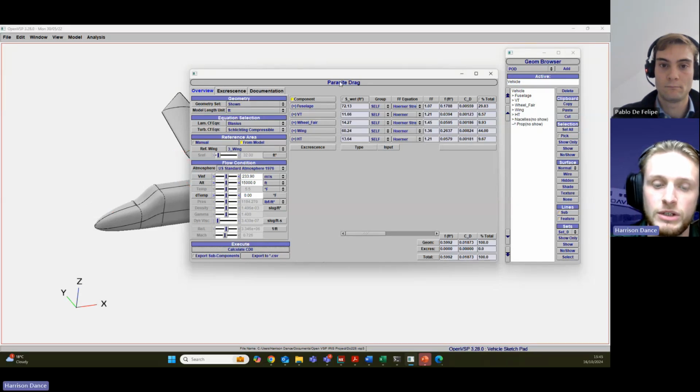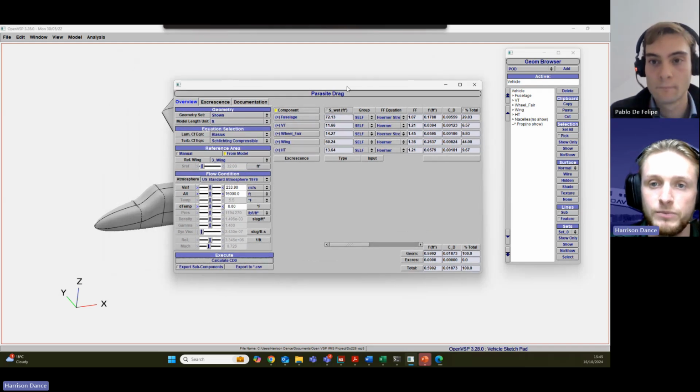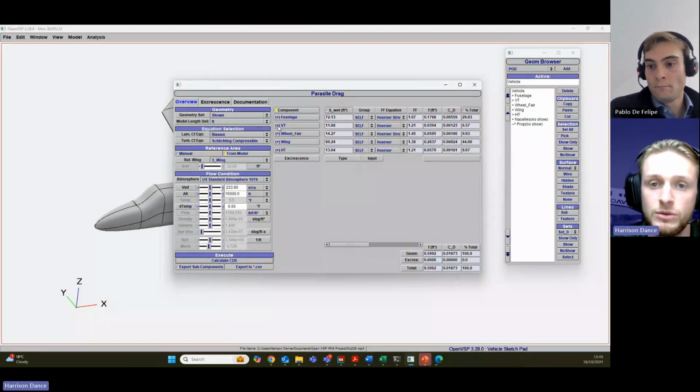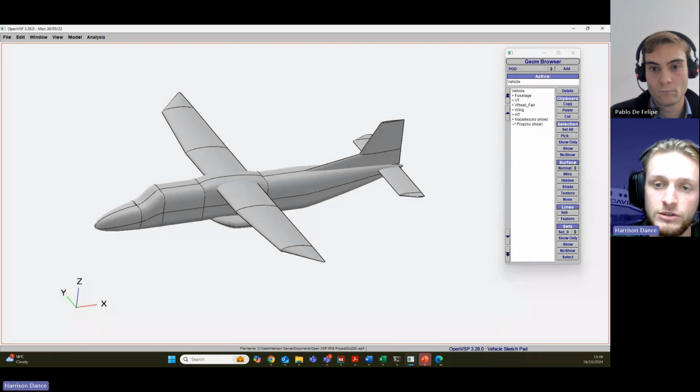here you go. It calculates CD0, your drag coefficient, and it will break it down for you as well, so it will tell you which part is generating what. CD, and this is quite a useful column here, is your percentage of total. That will tell you what is causing the most amount of drag. So you can see our wing is actually causing the most drag. We can then use that and put it into our Excel spreadsheet, and that will tell us the range. We can then